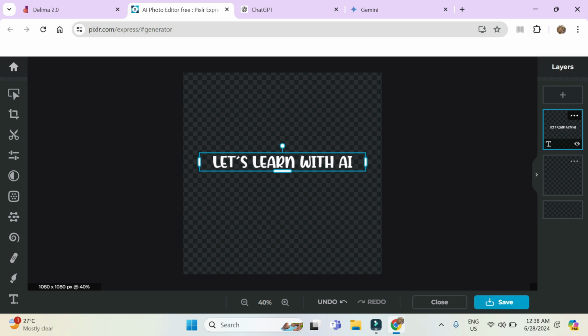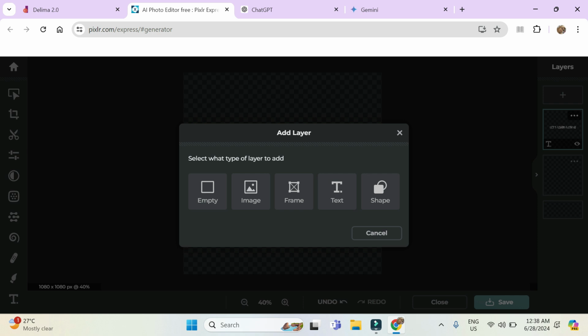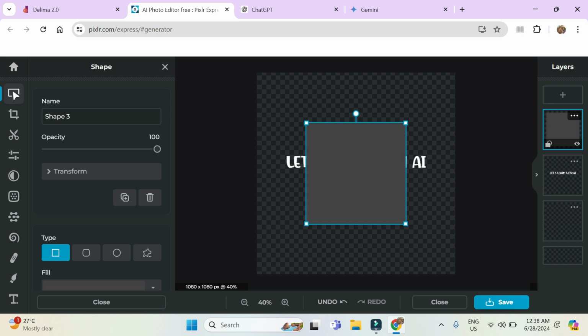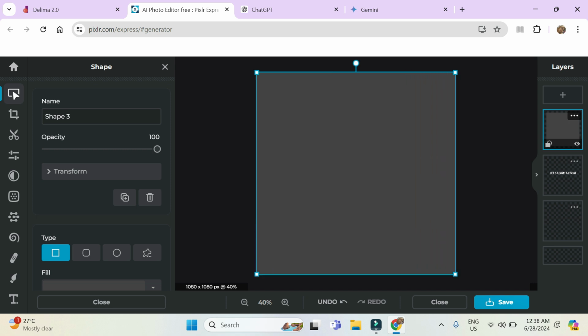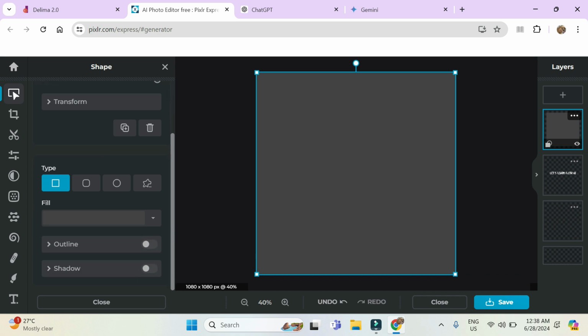Okay, if you want to have colors or background, you can go to layers here and you can choose to add layers. Just click on add layers, then you can choose shape. Okay, just make the shape bigger, the same size as your poster, and then go to the left side, scroll down,